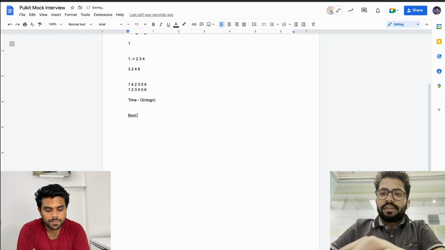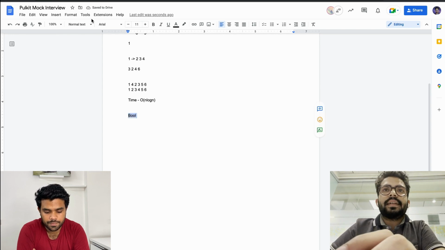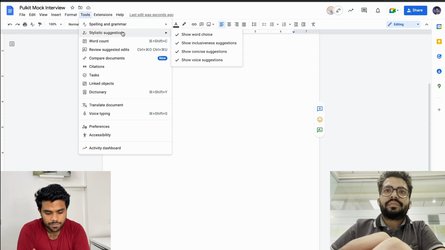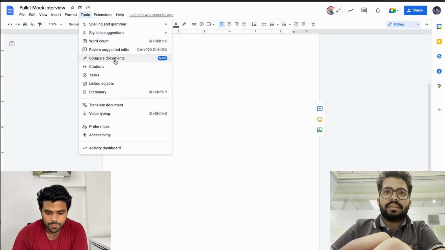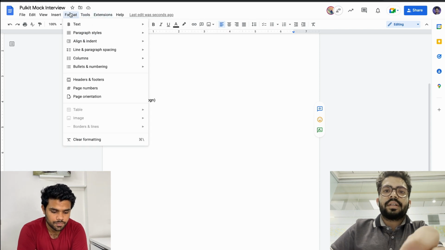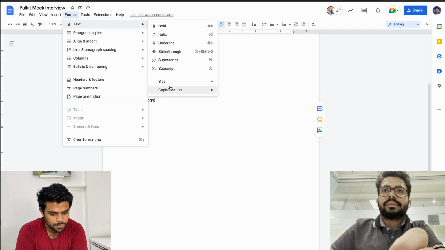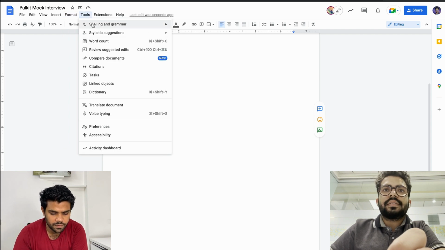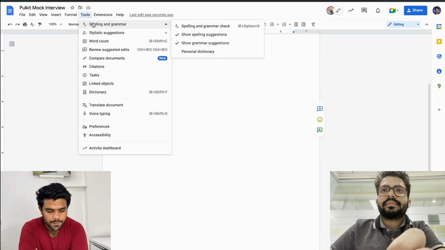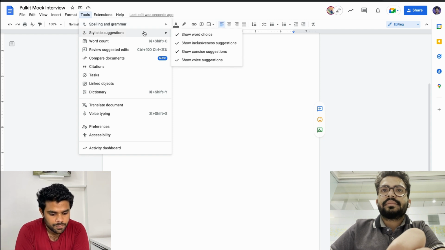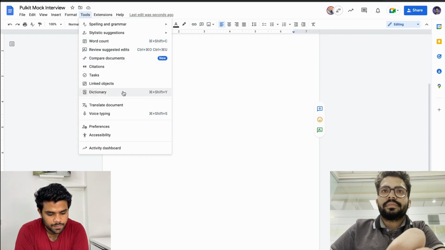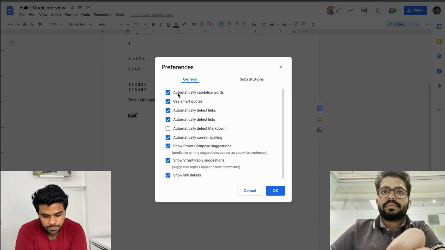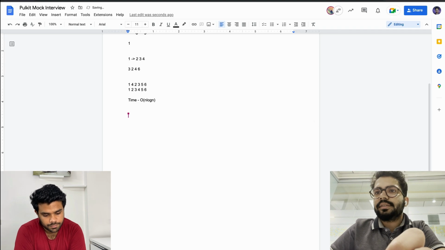Cool. So we are looking for a Boolean, right? Let me just try to. So this, on the doc, right? It is capitalizing automatically. I just want to see if we can. I think you have to disable it. Don't worry about capitalization, you can ignore it. Okay, I think I just got rid of it.